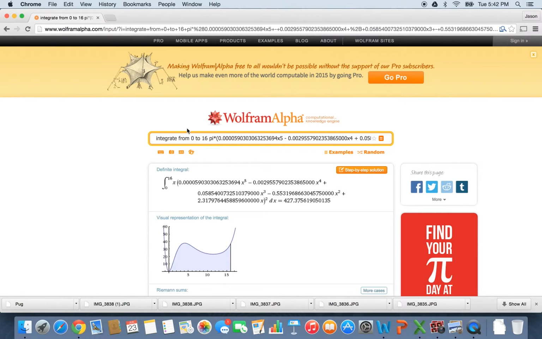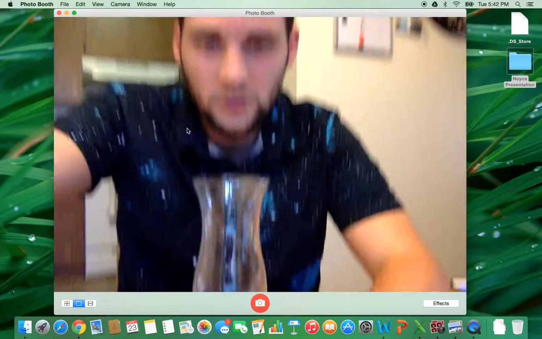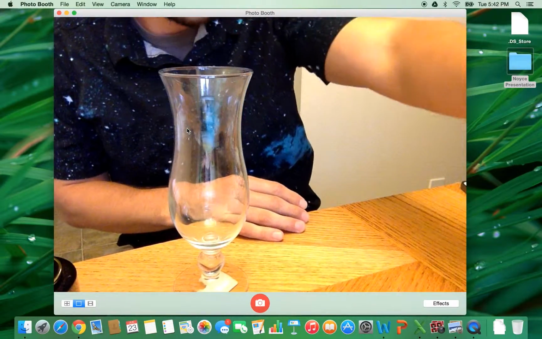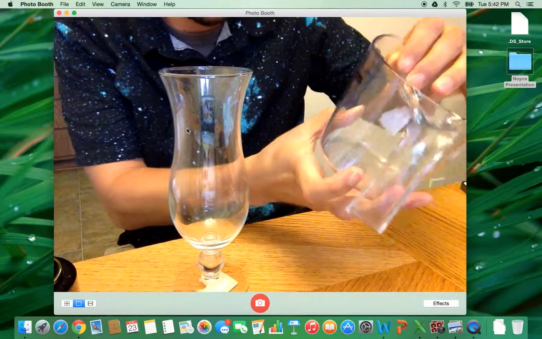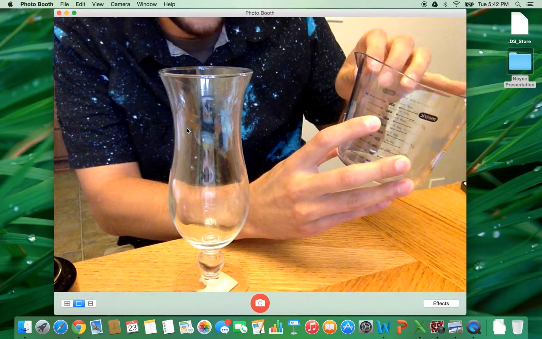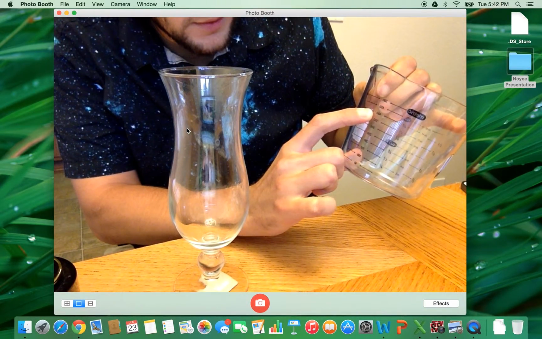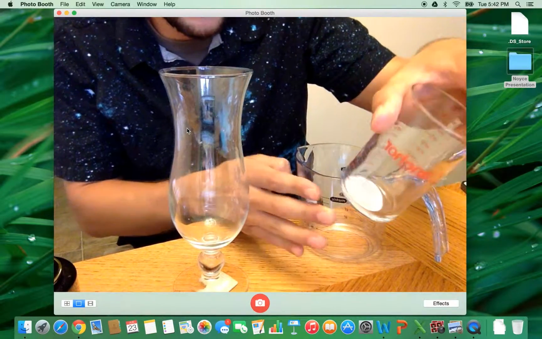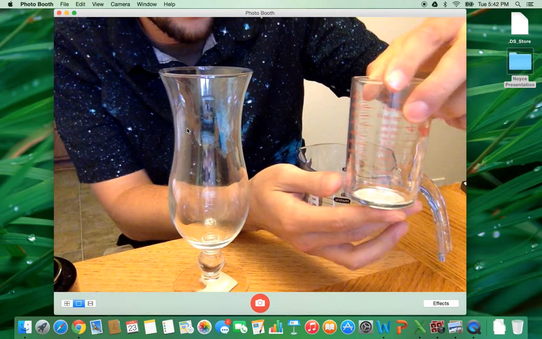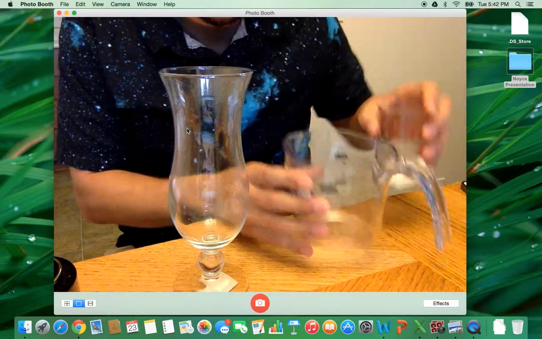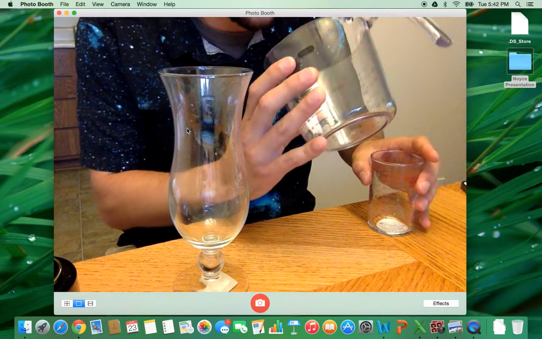Right now I'm going to try and test it out. Let's see. I hope it works. I'm pretty sure it worked because I did this before, but it's kind of cool just to see. So I have a bottle of water here. When it's 427, I have my big measuring cup. I'll go up to 400. I think it's backwards on this because I'm using Photo Booth. But I'll go up to 400, and then I'll measure the remaining 27, just a little bit under 30. I'll measure that out. It's kind of wet inside. I'll measure that, pour it into here, and then I'll pour this into the cocktail glass and see